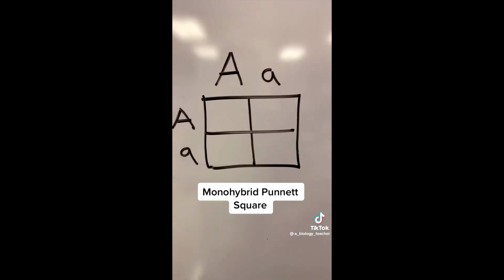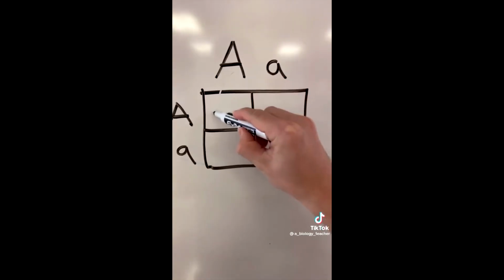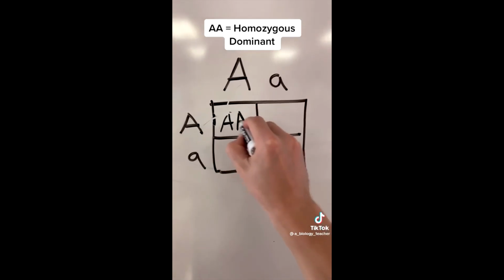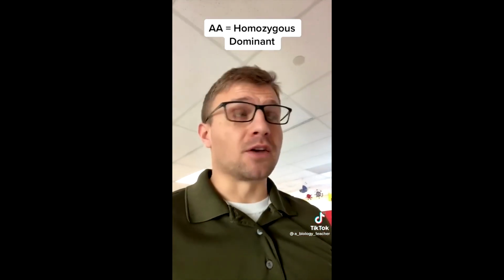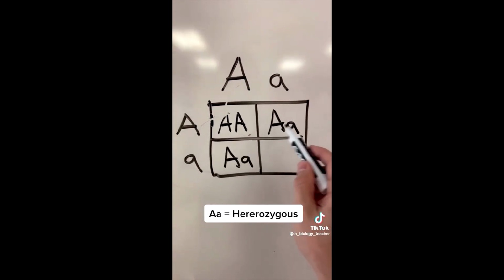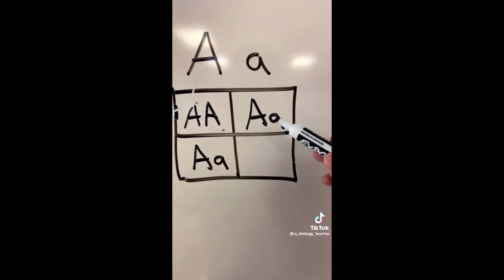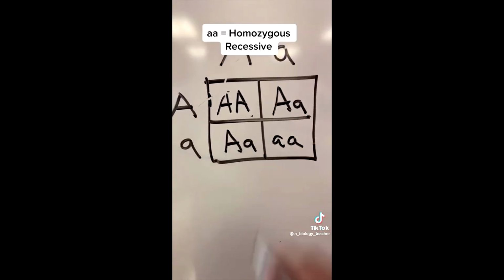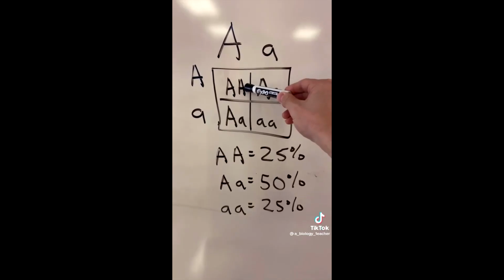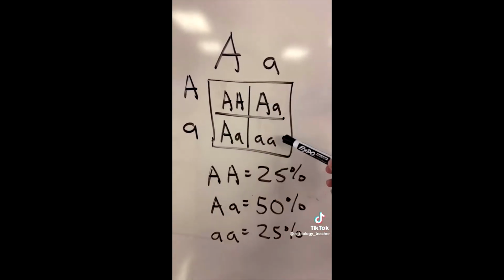This is considered a monohybrid Punnett square. That's because there's only one genotype here. Each allele must be brought down and over. So this first box will be homozygous dominant. That's because both alleles have capital letters. These two boxes will be heterozygous, which means they have two different alleles. That's because they have a capital and a lowercase, or a dominant and recessive allele. This last box is going to be homozygous recessive. That's because the genotype has two recessive alleles. There's a 25% chance the offspring will be homozygous dominant, a 50% chance they'll be heterozygous, and a 25% chance